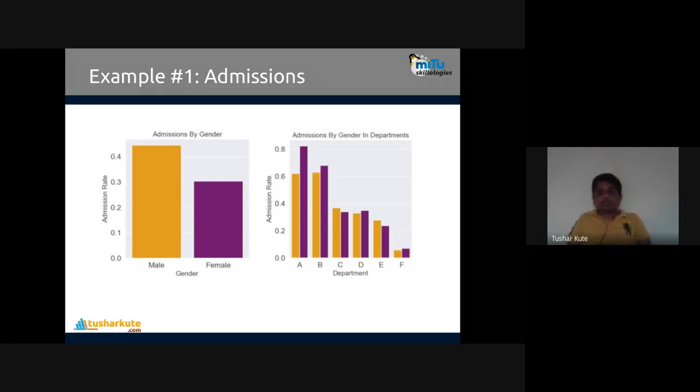Here we have this data presented. Now you can just compare that data with the original data. These are the overall admissions at the University of Berkeley. Fine. Admission by gender.